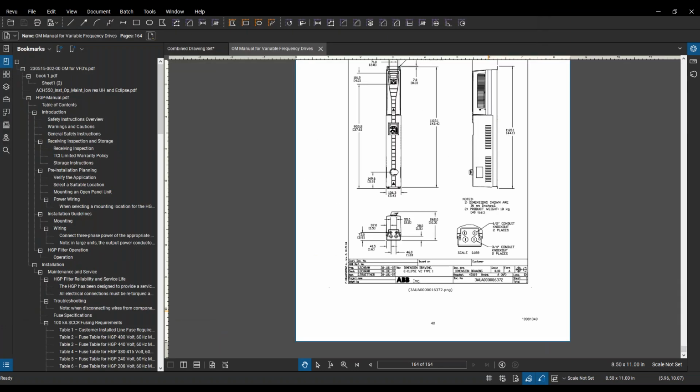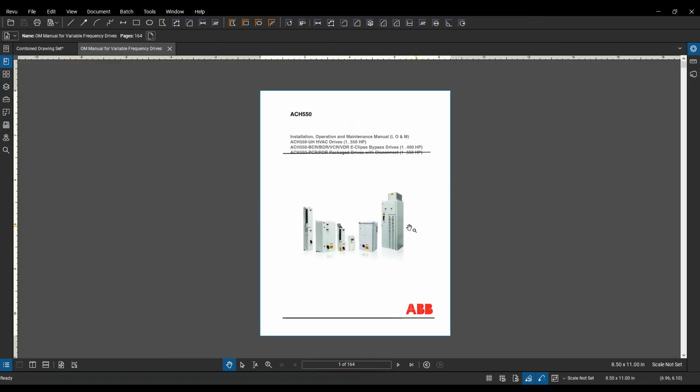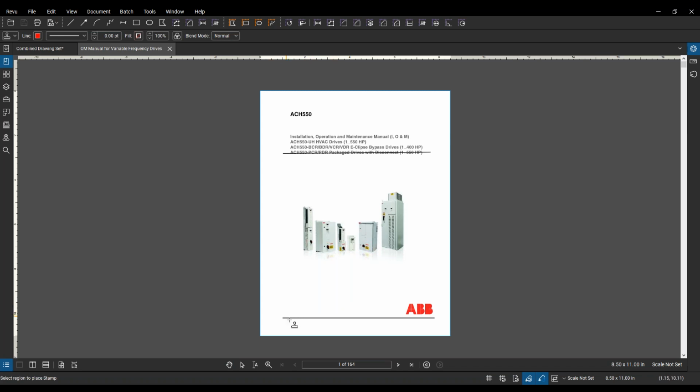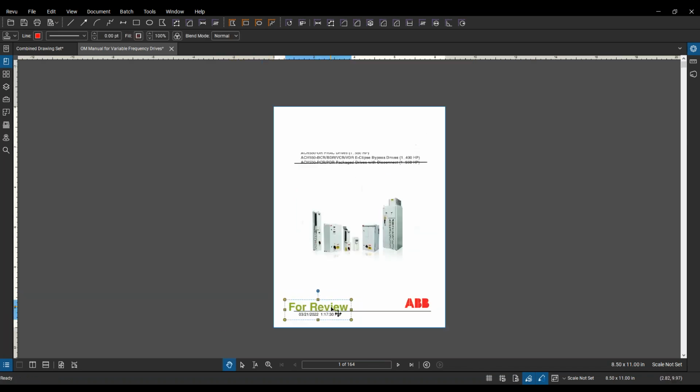Open up a sample submittal. And if we want to just apply a stamp, we can go to Tools, Stamp, choose our stamp, or choose whatever was last used, just using the S hotkey. So maybe what I want to do is, if I needed to stamp this entire document, for example, I would